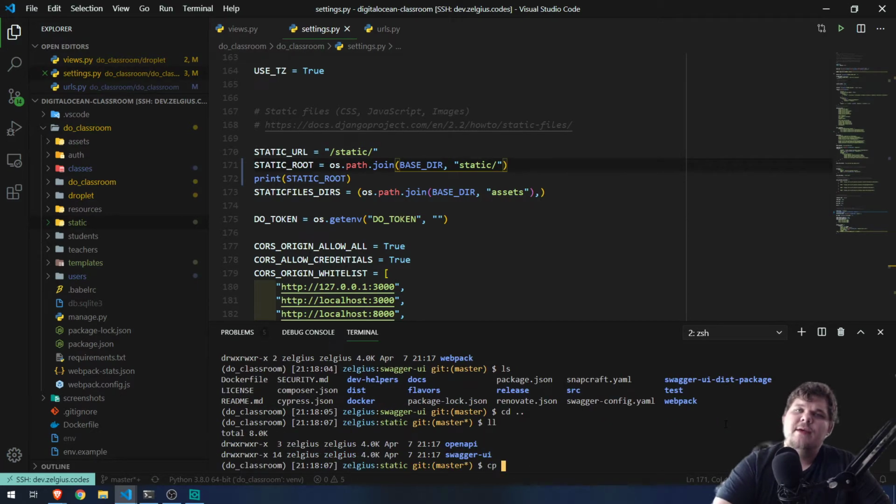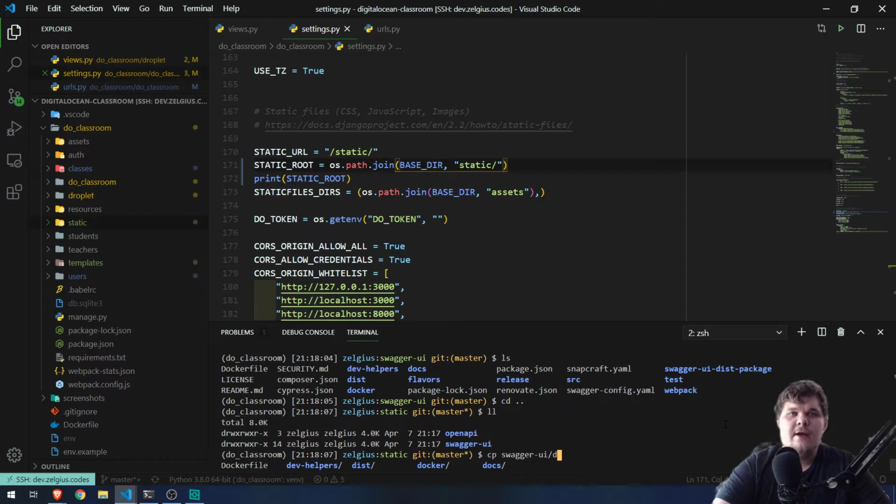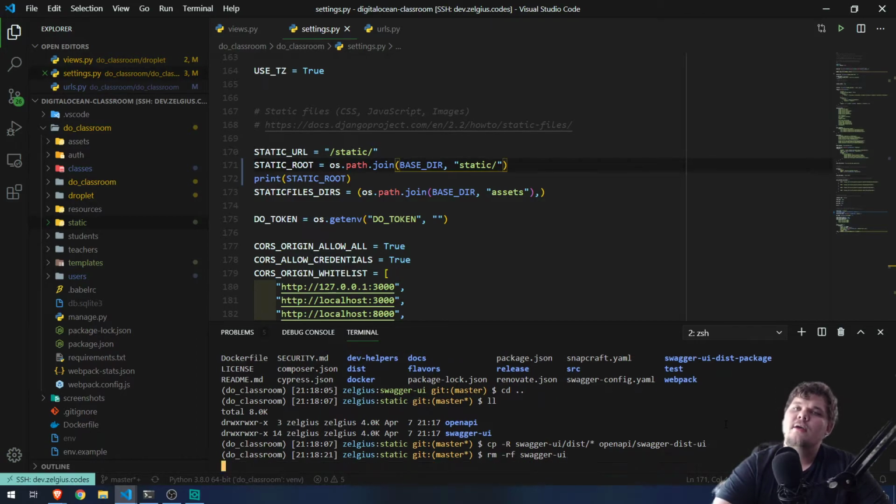So then we cp swagger-dist star, everything in there. We're going to do a -r in case there is anything in there, into openapi swagger-dist-ui. So we're going to rm -rf swagger-ui because we don't want it in here. And then now copy. Oh yeah,